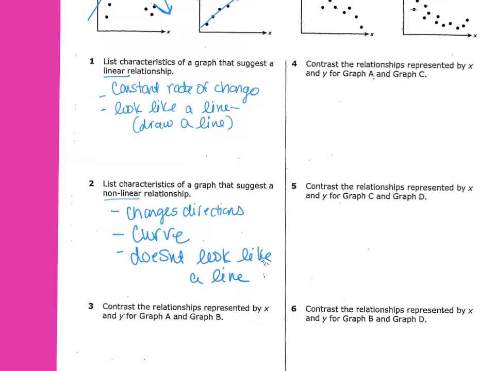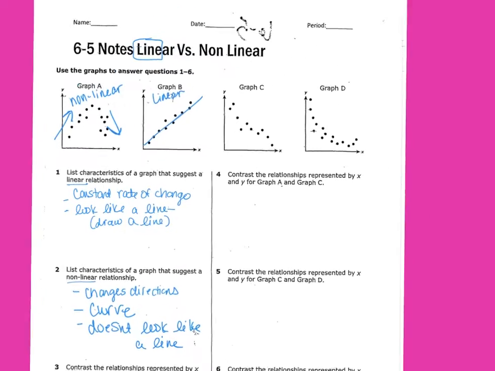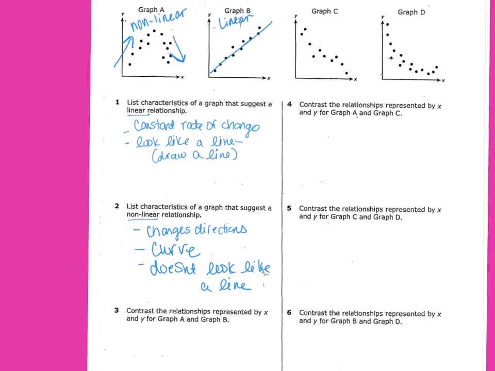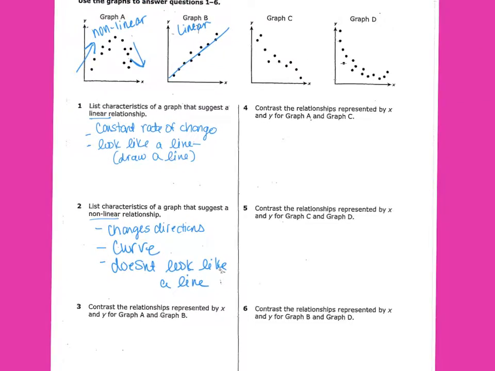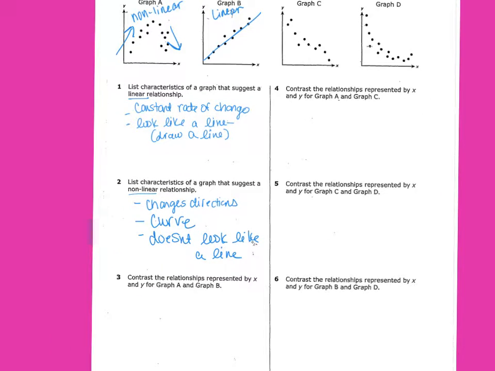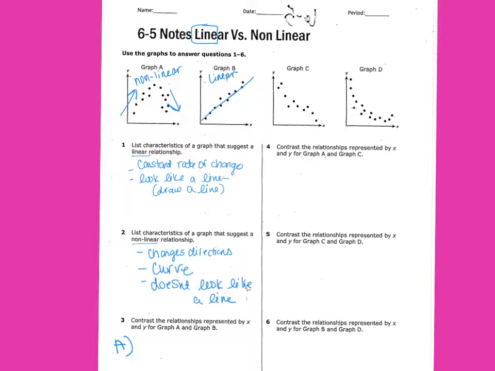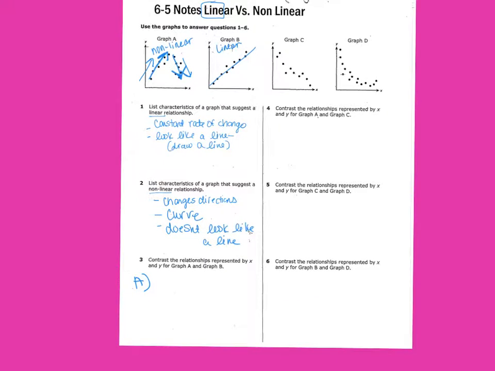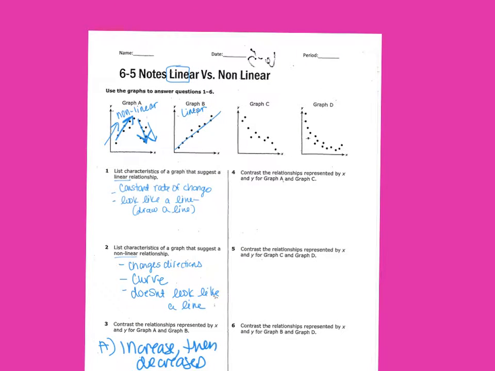Okay. Then on number 3, contrast the relationship between x and y for graph A and graph B. So for graph A, just because it's not linear doesn't mean it doesn't have a relationship, or an association or a correlation, all those words that you guys have seen. So for graph A, the relationship between x and y, it increases, like the points go up, and then it decreases. So I'm going to say increases, then decreases, because my points, they all kind of go up in a positive manner, and then they drop, they go back down. And then for B,